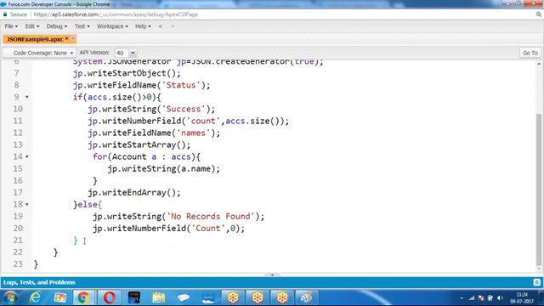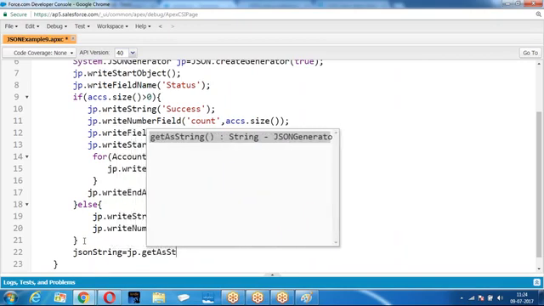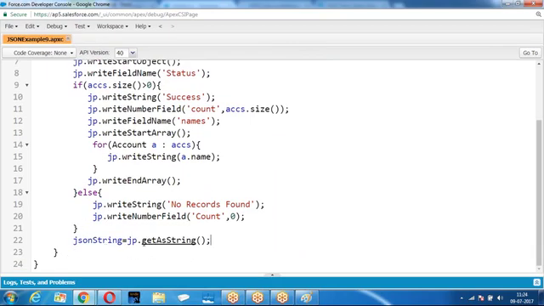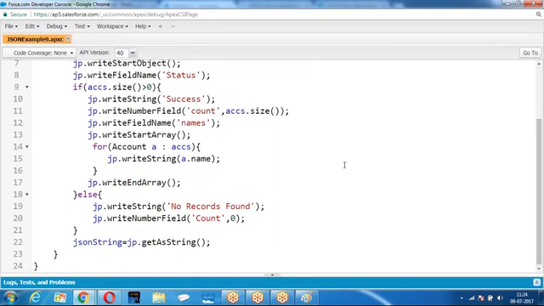Then how are we going to convert the value? JSONString equal to jp.getAsString. We have created the JSON string; jp.getAsString converts the JSON into the form of a string. So what did I do?